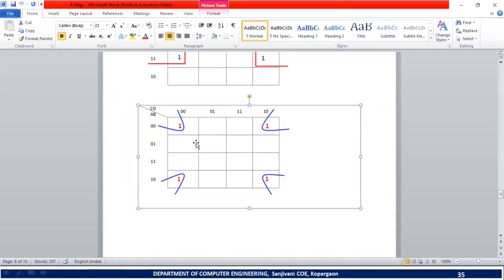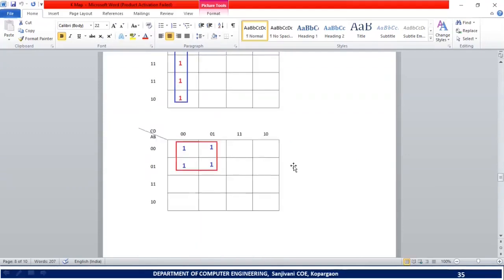Let us check whether 2 variables are constant and 2 variables are changing. So see, for this group, here A is 0, here A is 1, A is changing. B is 0, B is 0, B is same. So here one variable is changing, that is A. Then consider what about C and D. Here C is 0, C is 1, so C is changing, and D is 0 and 0, so D is constant. So for this group, 2 variables are changing and 2 variables are constant. If this is the case, then we can combine them to form a group of 4 1.